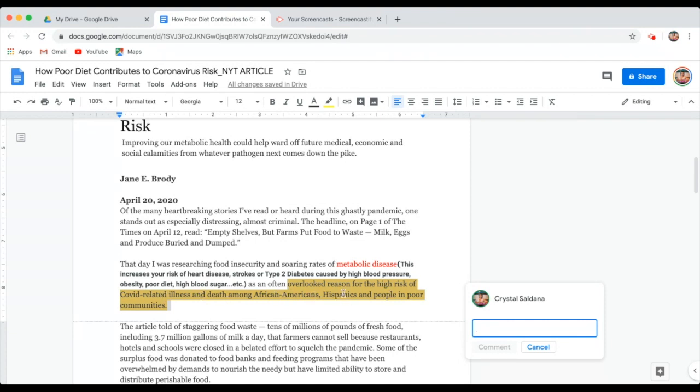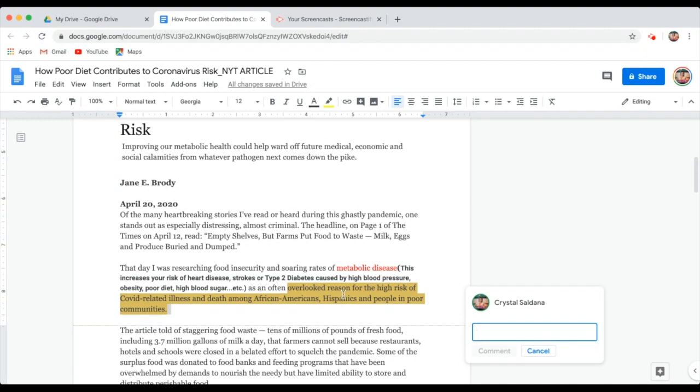Among African Americans. Okay, so what I'm getting out of this is really affecting minority groups. All right, let me use my analysis questions to formulate a comment. I want to make sure my comment is informative, very reporter-like, and not opinion-based, because I'm getting ready to prepare a writing voice for my research paper, and I want to start sounding informative, giving information versus just saying, this is what I think. So I'm going to keep that in mind as I'm writing my comment.